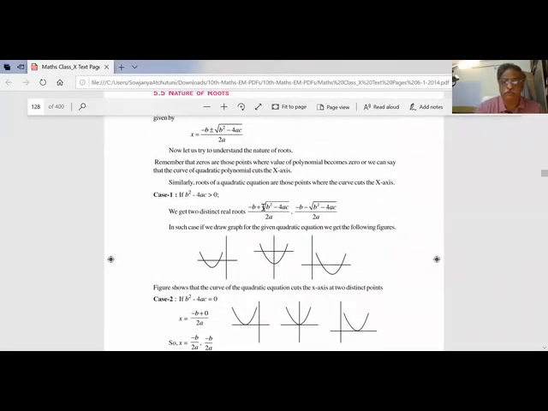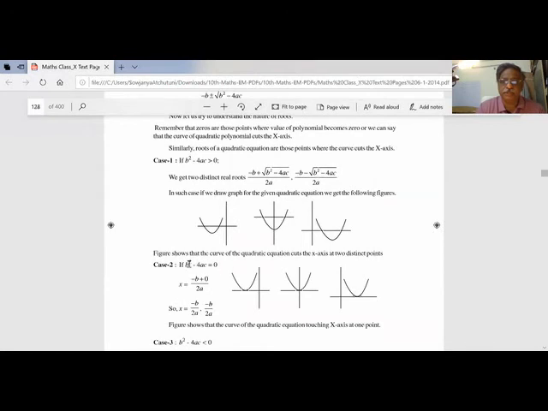Let us understand the discriminant and the nature of the roots of a quadratic equation. Let us see the textbook. We know the roots are minus b plus root of b square minus 4ac by 2a and minus b minus root of b square minus 4ac by 2a. If b square minus 4ac is greater than 0, so we have two different roots. Plus will have a separate root, minus will have a separate root. See here, we have two different roots. Here both roots are negative, on the negative side of the x-axis. Here one negative and one positive root. Here both are positive roots. You have two distinct roots.